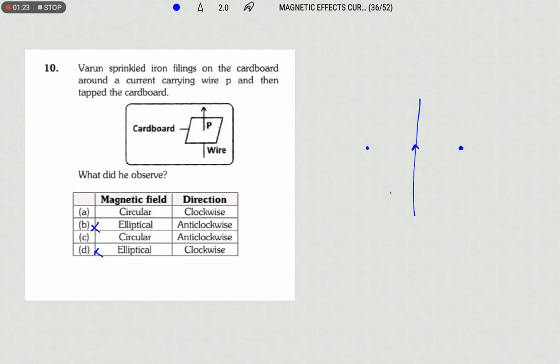To know the direction around the current carrying conductor, let us take 2 points X and Y on either side of the conductor. To know the direction of the magnetic field around a current carrying conductor, we are using the right hand thumb rule. So in the right hand thumb rule, we need to hold our current carrying conductor in our right hand. Then we need to close the fingers. So when I am closing the fingers, on the Y side, the field lines will be like this. The curled fingers are closing in this direction.